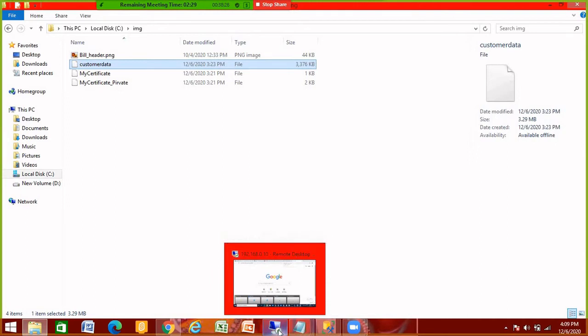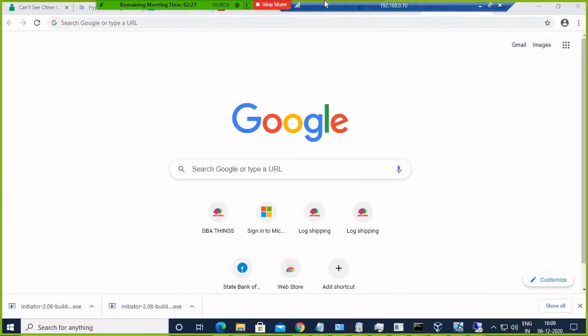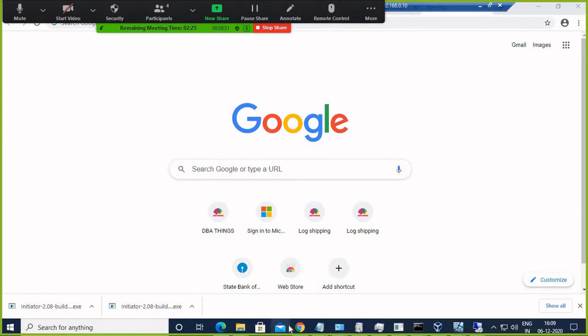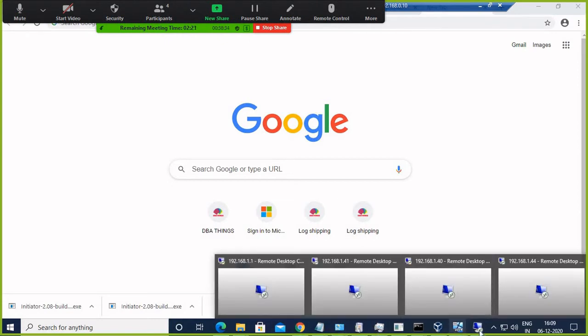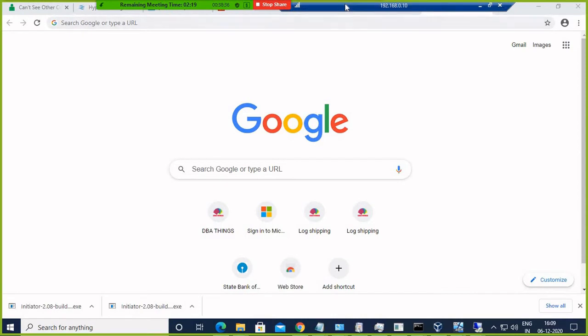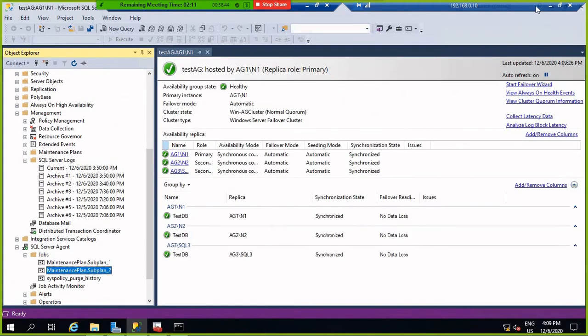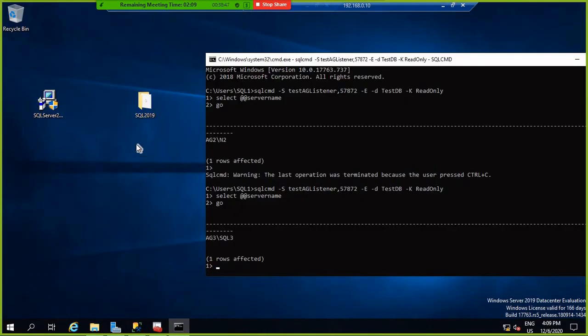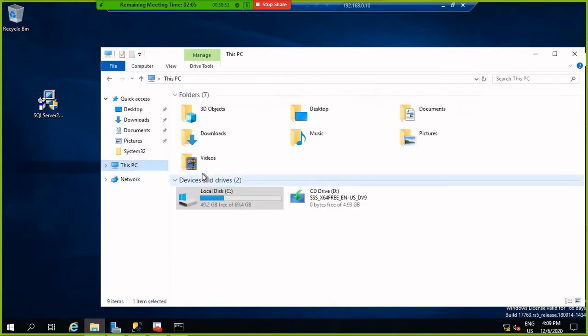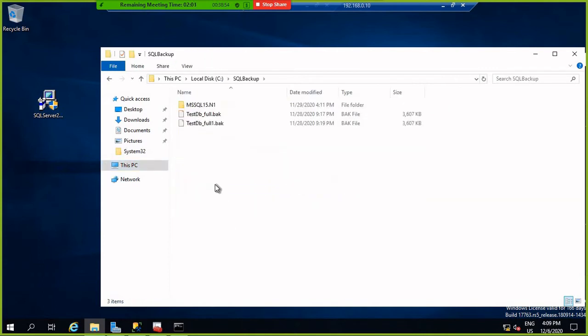For restoration, suppose I just take this backup and put it on this SQL instance, or this one, I have to restore the test db full backup.